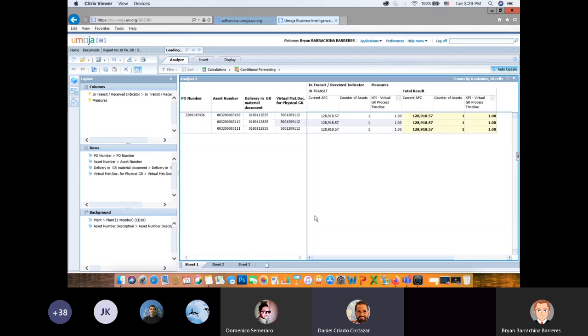So they are really keen on understanding how long it takes the asset to be received physically in the mission, how long it's actually in the warehouse without being used, and how long it takes to be written off. So all those KPIs are embedded within the reports that we will see these weeks, and you can see that a lot of these reports are only devoted to fixed assets, because eventually, and I think from experience you guys know best than we do, the fixed assets at the end of the day are